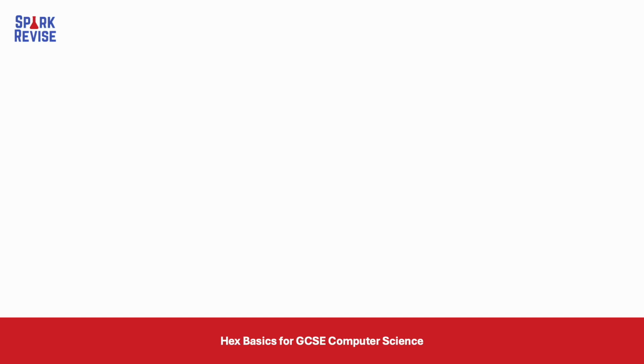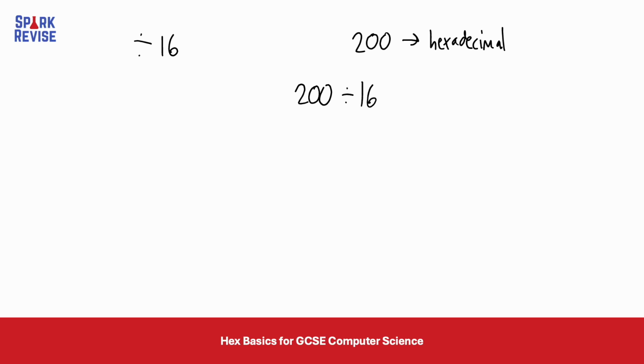To convert between denary and hexadecimal, we simply divide by 16. For example, let's convert 200 to hexadecimal. 200 is our denary number, we're converting it into hexadecimal. So what we're going to do is 200 divided by 16, because hexadecimal is base 16. There are 16 possible values in the data set, which equals 12, remainder